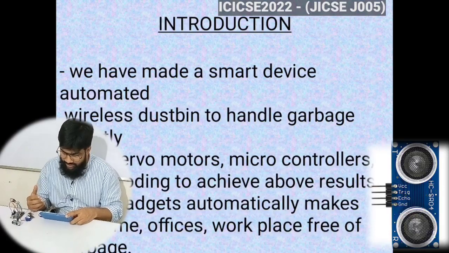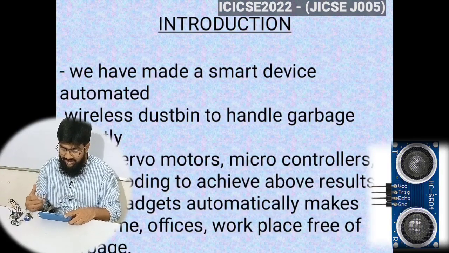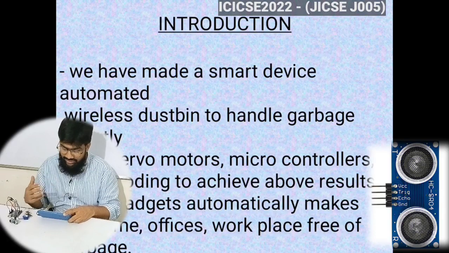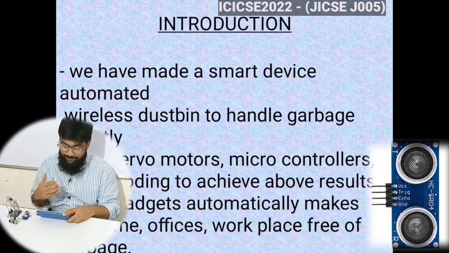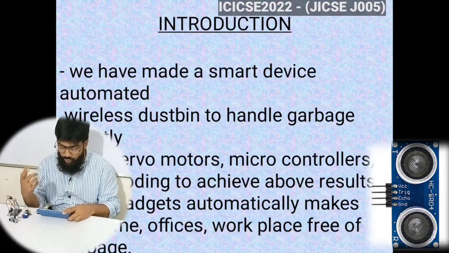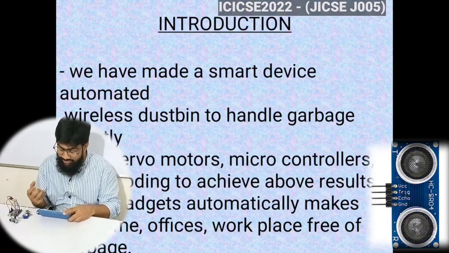If you want to understand the ultrasonic sensor in a proper way, the simple thing is to just consider a bat. It emits ultrasonic waves, and if the wave gets reflected back, it calculates the time, and as per that time it moves away from the object it is about to collide with. The same thing happens in our ultrasonic sensor also, and it's very useful.